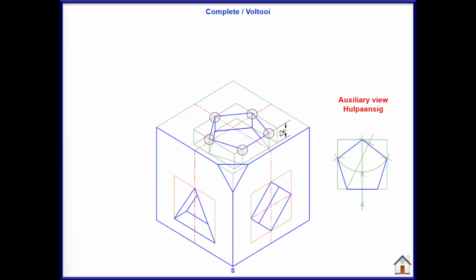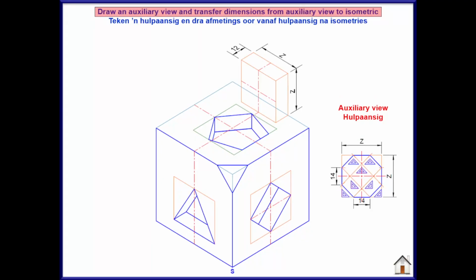That will give me my points that I need to project down 90 degrees to get to the bottom part of the pentagon. We can then construct the bottom part of the pentagon. The top part of the pentagon will be visible, and by constructing the lines down, we can see the depth of the pentagon, what will be visible and what will not be visible. Next, we will be constructing our octagon.